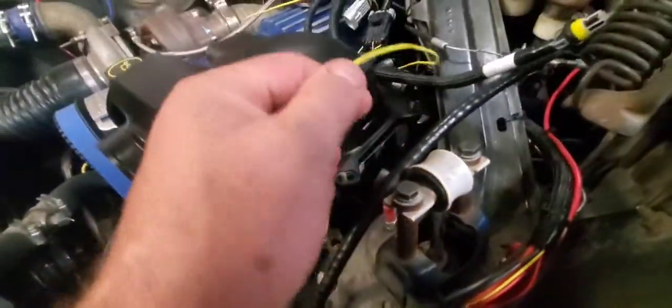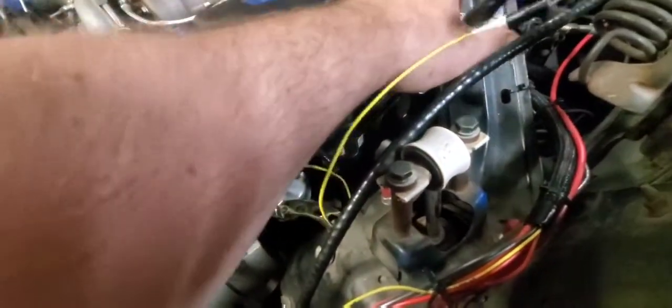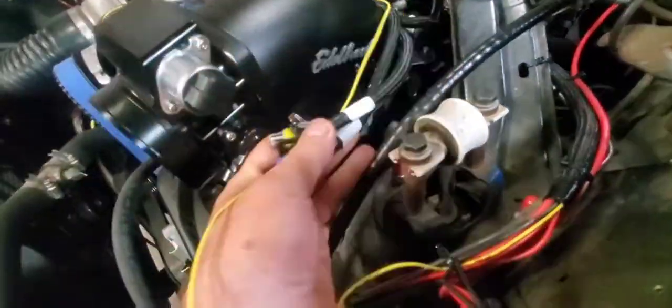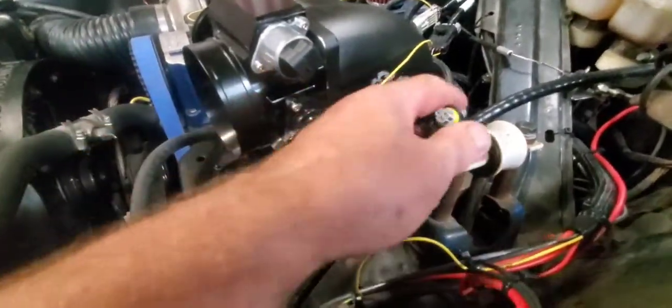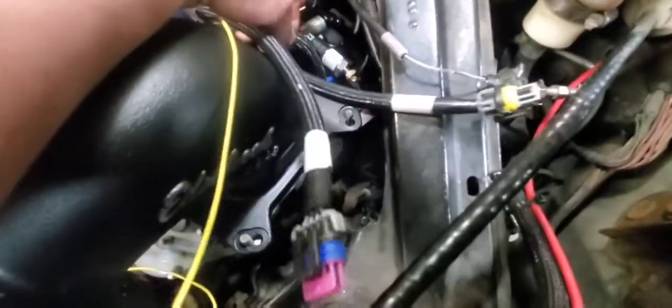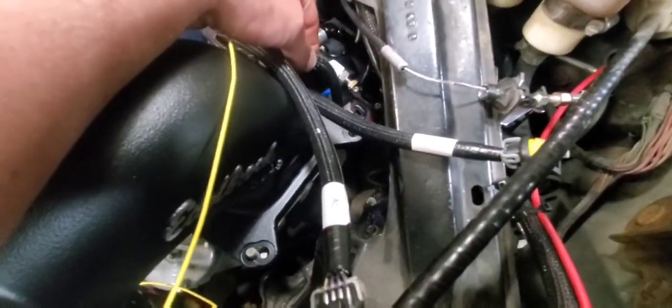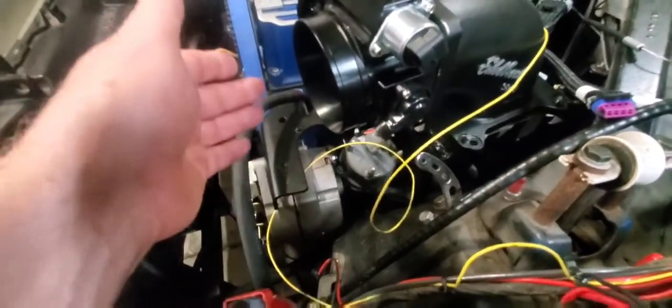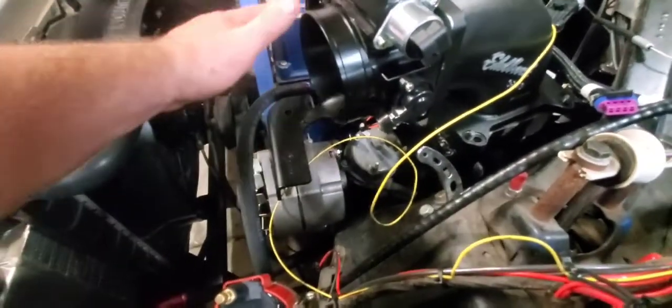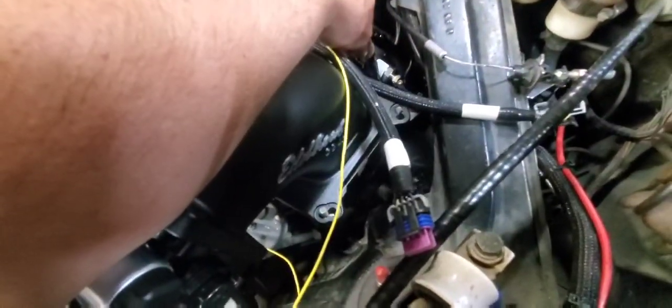But, well, the problem I have is these cables for my idle air control motor and throttle position sensor are just too short, because they all come in from the front, and my cable's only long enough to go to the back, because the coolant temperature sensor one goes way down to the bottom of the block, and I assume on a V8, especially an LS, even though it's a universal kit, is somewhere up here in the front. So what I think I'm going to do is just cut that cable,